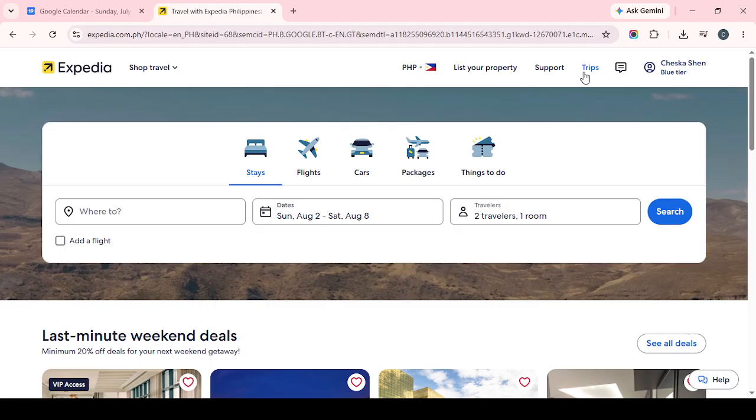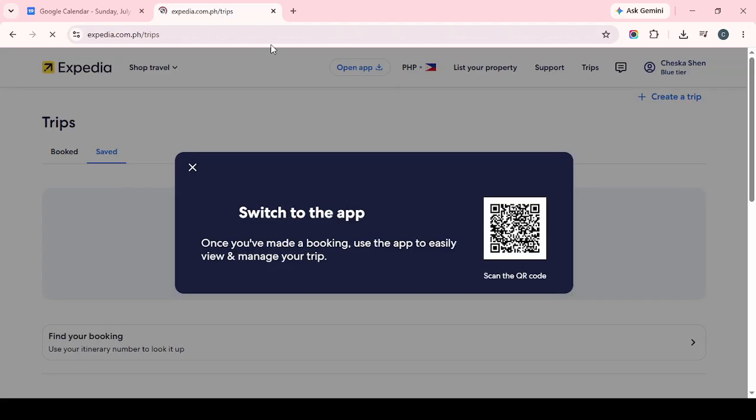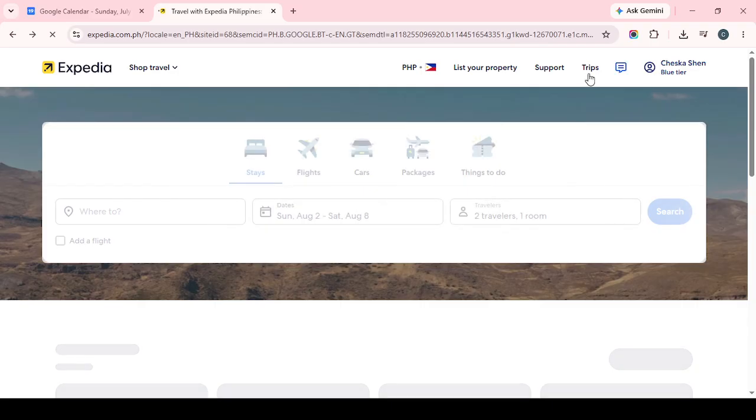appear properly. After you're logged in, look for the Trips section, which may also be labeled My Itineraries depending on the version of the site you see. Click on that area to open your travel reservations. This section is where Expedia keeps your active bookings, so you'll be able to review your upcoming plans in one place. If you have more than one reservation, take a moment to find the specific trip you want to work